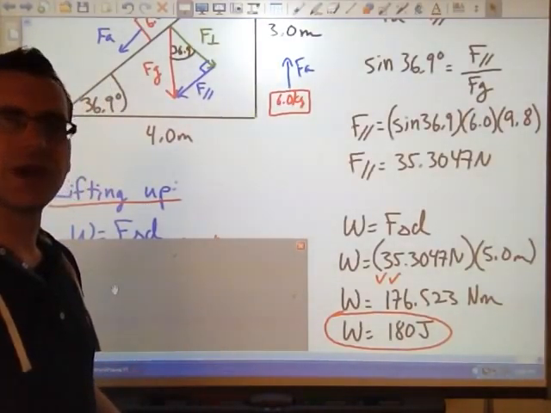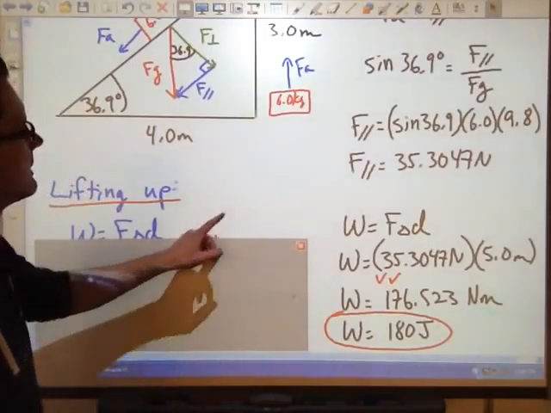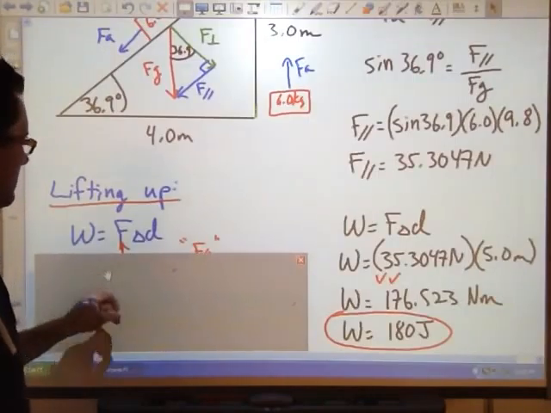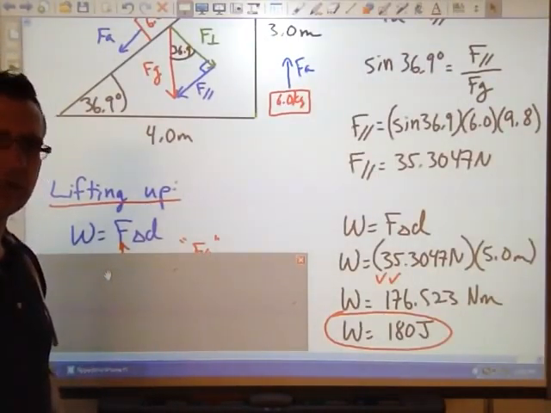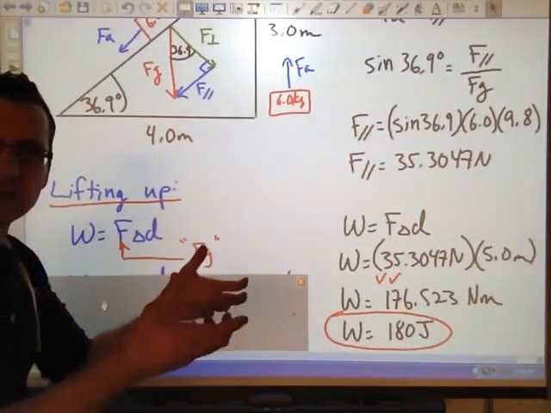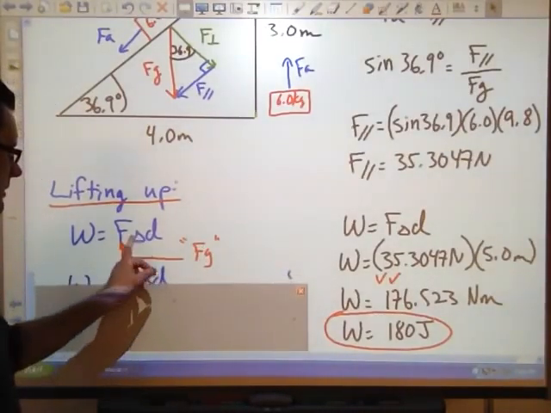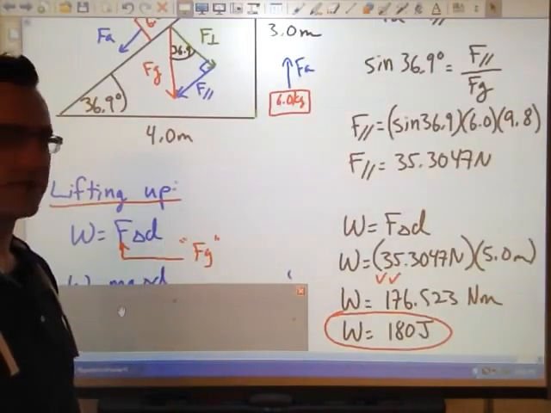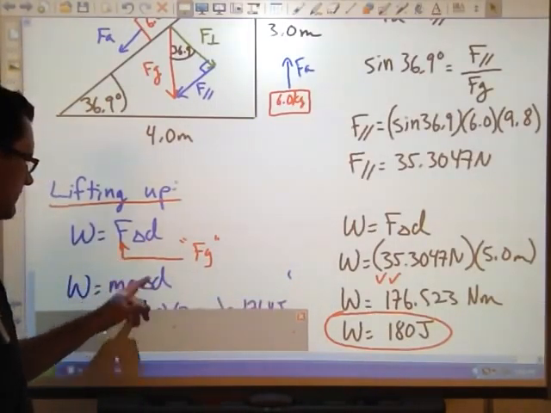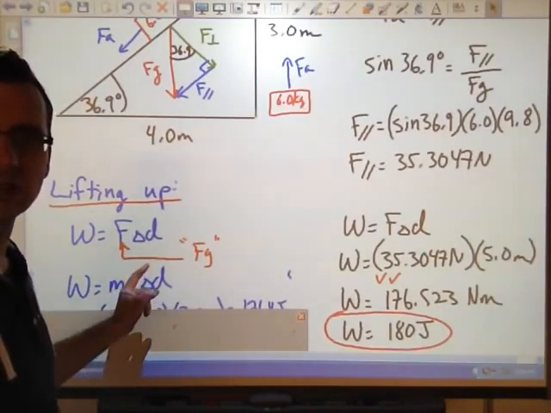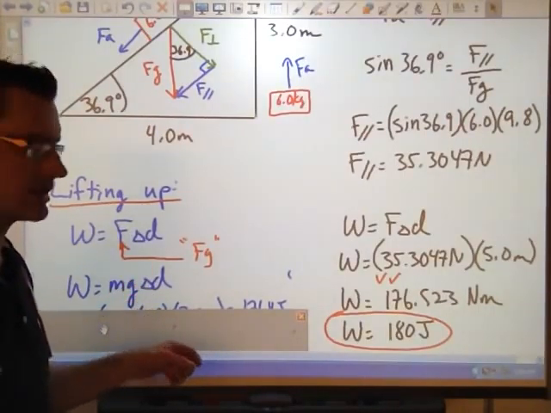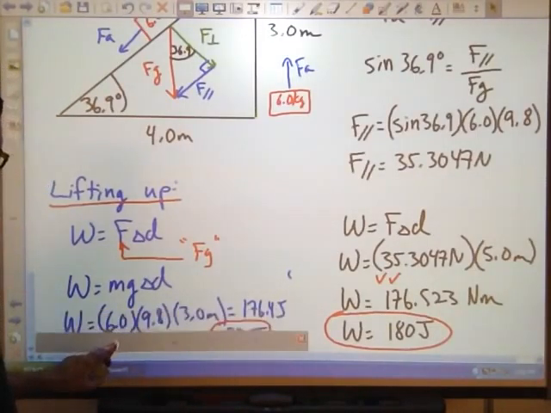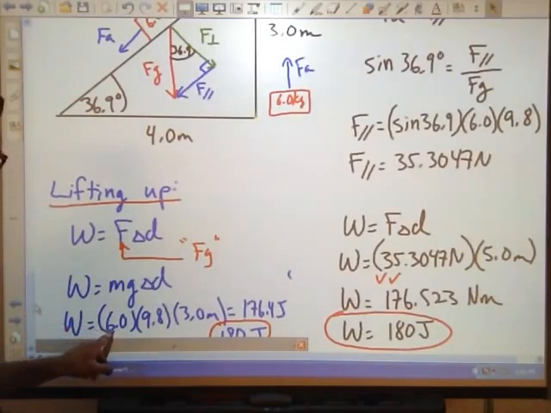Okay? Comparing that to simply lifting the object up, 6 kilograms up 3.0 meters. So W is equal to force multiplied by displacement. And of course, we're lifting something up against gravity. So the force we need to pull up with is equal and opposite to Fg. To make things easy, instead of calling this Fg, I know that Fg is mg, so let's simply put that in. W equals mgd. So if I look at that, 6 kilograms